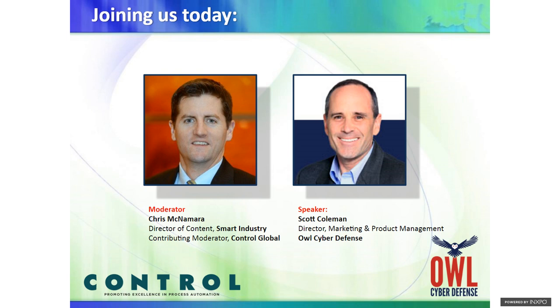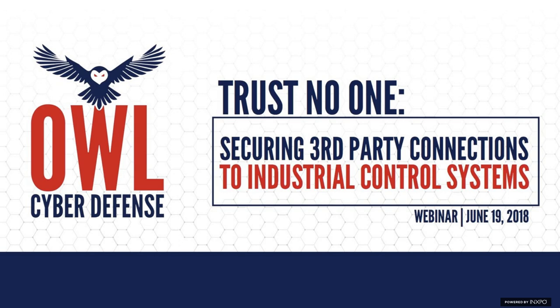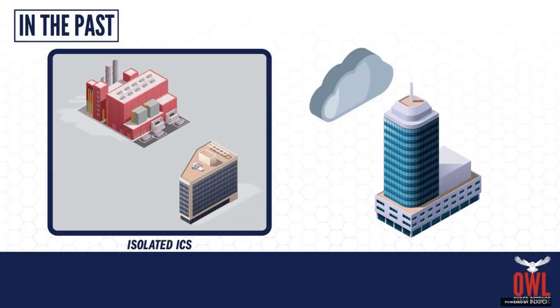All right. Thanks, Chris. So, good day, everybody. Today we're going to be talking about third-party isolated controls and securing the industrial control system networks, and thinking about those third parties that connect to the networks. Most of them have legitimate reasons. And then we're going to look at how the DHS recommends defending against unwanted intrusions that may be created in supporting those third parties that need to access your networks. So we'll move right into it.